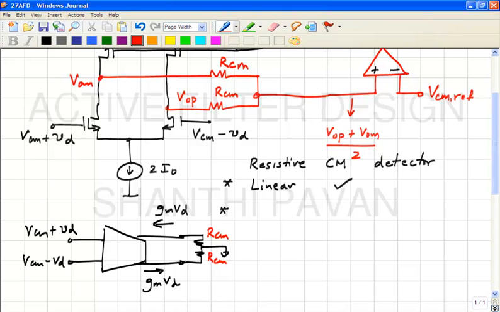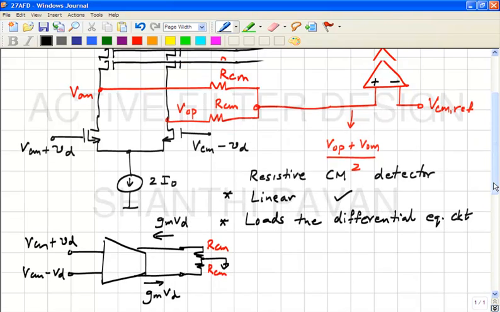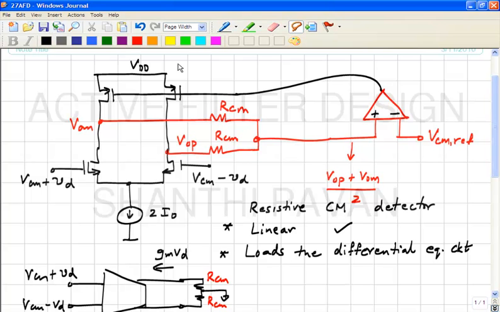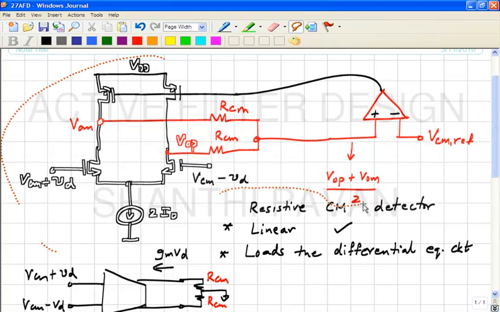All right. So, unfortunately, while the resistive common mode detector is very good as far as linearity is concerned, it's bad because it loads the differential half. All right. So, now that we have encountered a problem with this, please note that